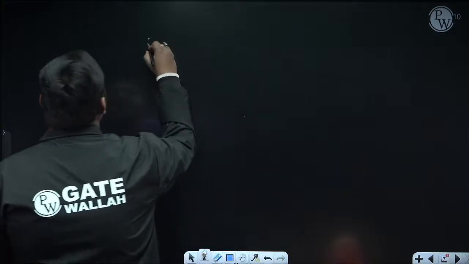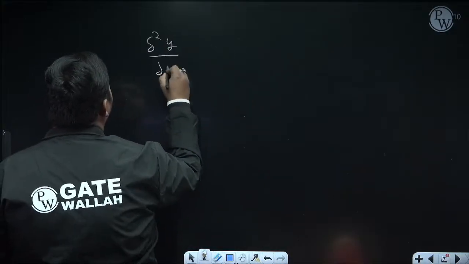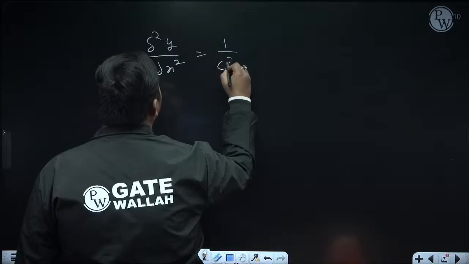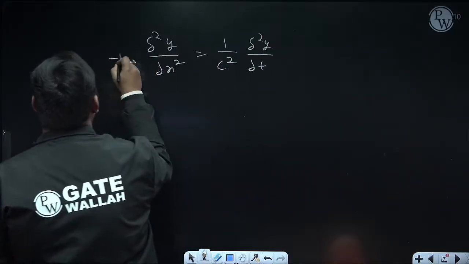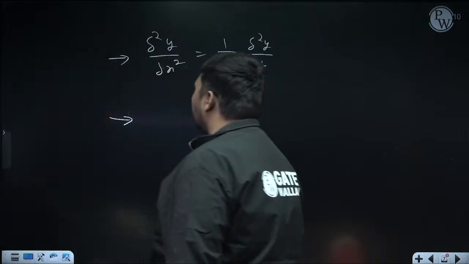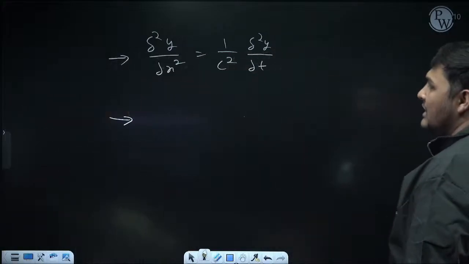First of all, the governing equation is ∂²y/∂x² = (1/c²) ∂²y/∂t². Okay, at last I will make the summary, only you will need to remember the summary. Okay, now here